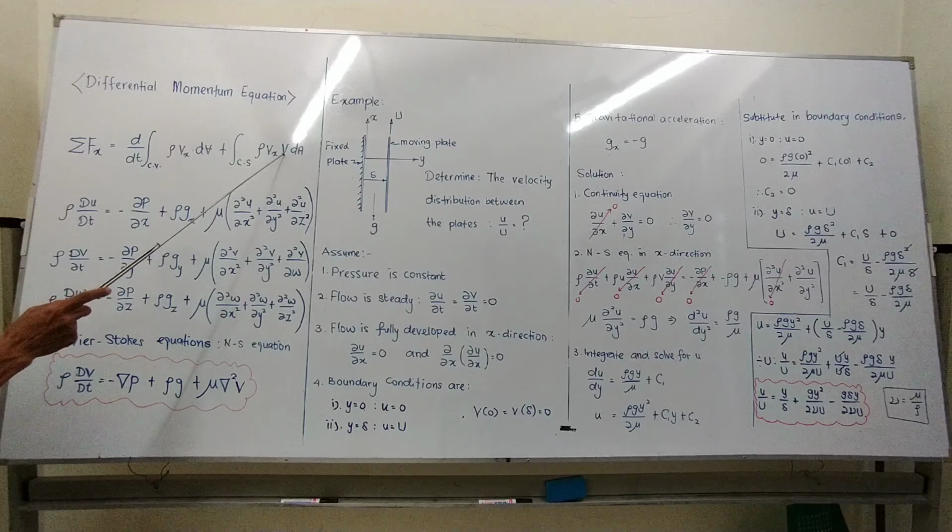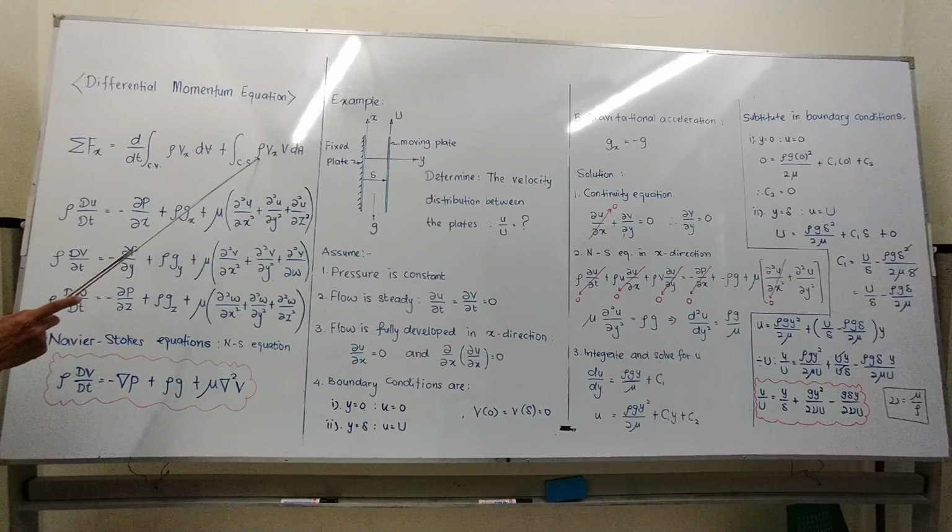So this v and area A is normal, so you get Q. Q times rho gives m dot, the mass flow rate, and m dot times v gives force or momentum. Then these three equations, we call the Navier-Stokes equation or NS equation. First, in x direction, rho D u over Dt, the velocity difference,